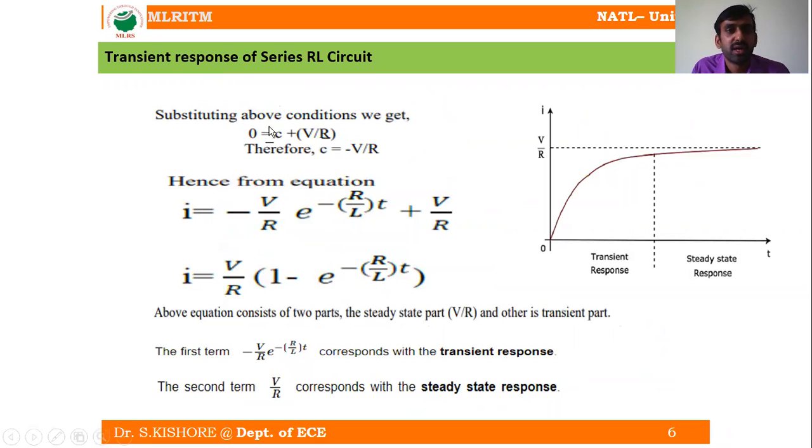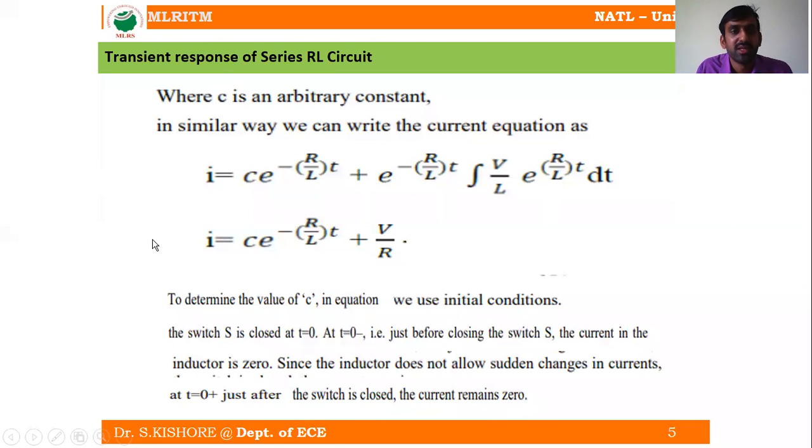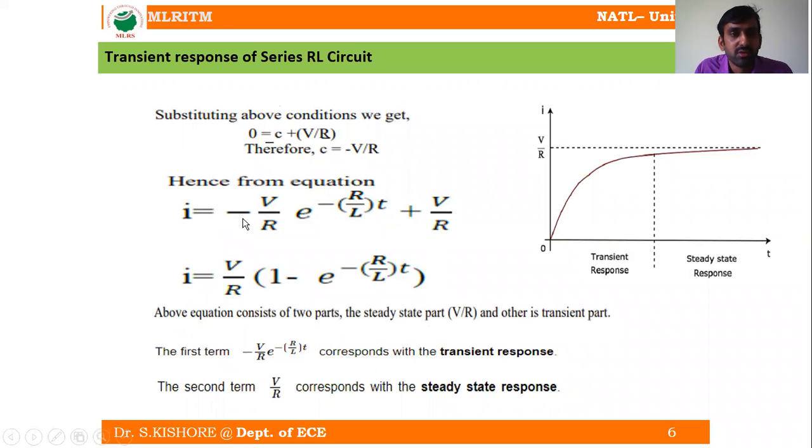Now substituting the above condition, C is equal to minus V by R, in the previous equation, we obtain the final transient current expression. So I is equal to minus V by R into e power minus R by L into t plus V by R. Now taking V by R common in this equation,